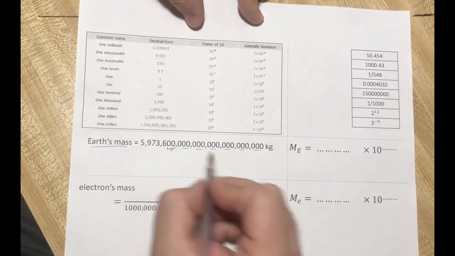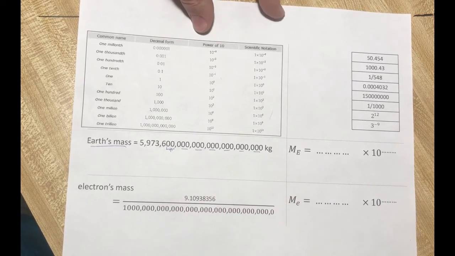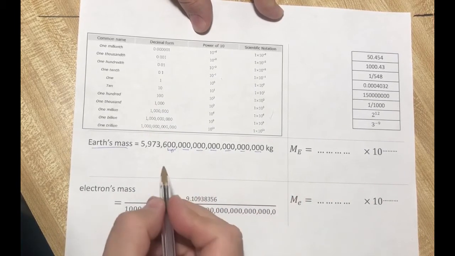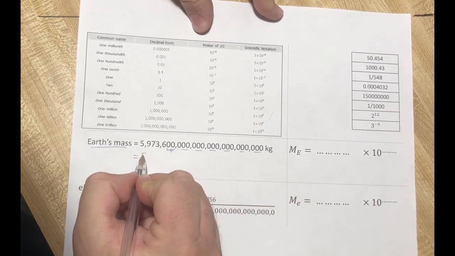Is it logical, if I need to calculate anything, to write this number over and over each time, or do I need to use the scientific notation to make it easy for me? So the scientific notation makes me write it in this way: